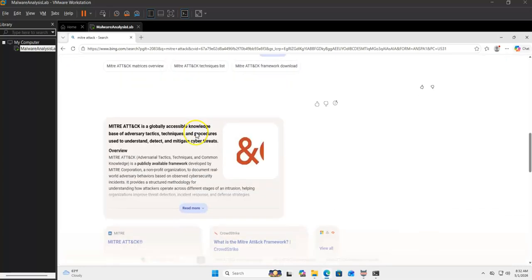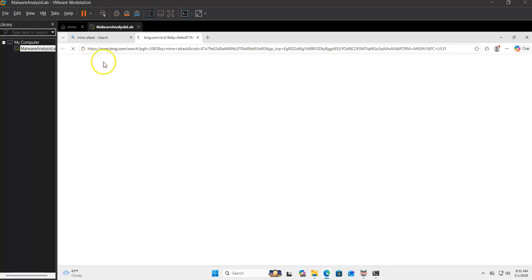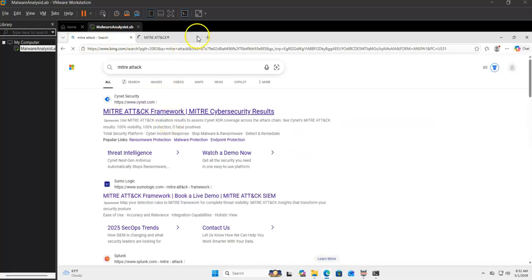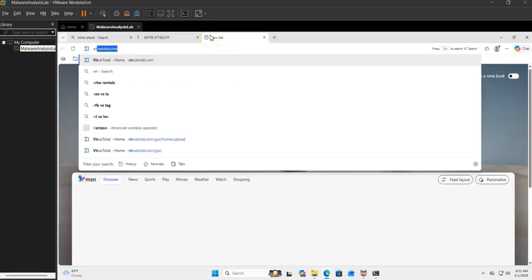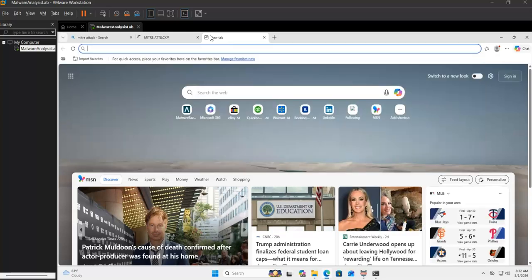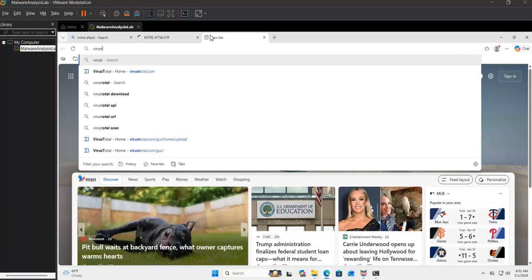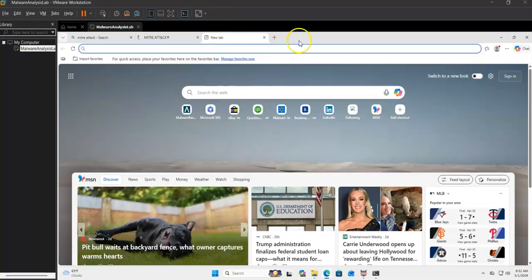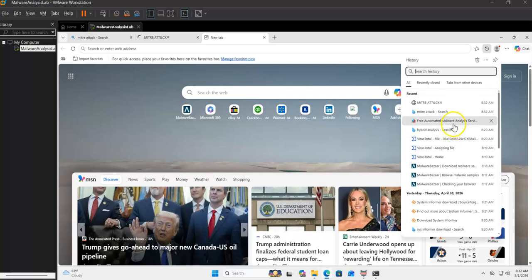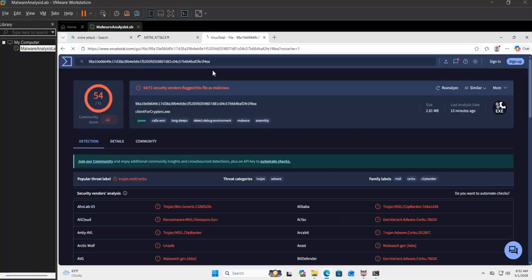Let's just search the MITRE ATT&CK framework. I'll go back to VirusTotal. I'm going to check the history here. VirusTotal does have